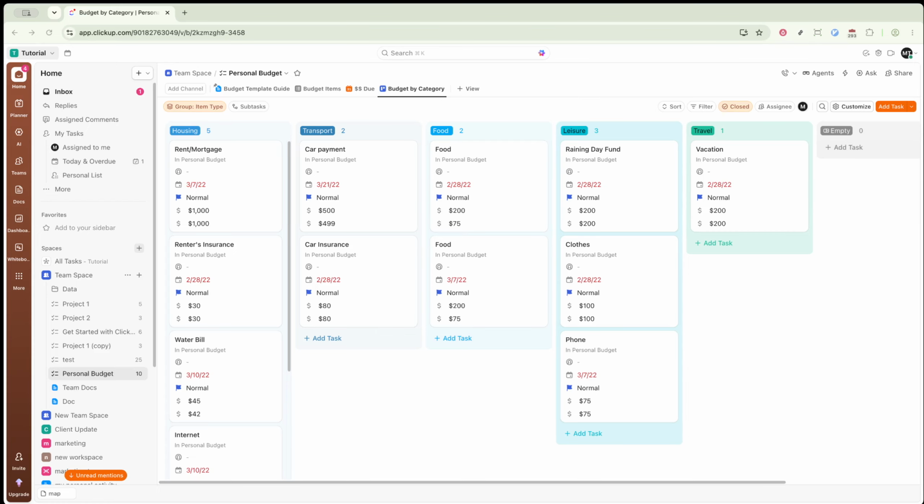In this step-by-step tutorial, I'll walk you through the simple process of deleting tasks in ClickUp, how to undo deletions immediately, and what to do if you miss the undo option. Let's get started. First, to delete a task in ClickUp, hover your mouse over the left side of the task